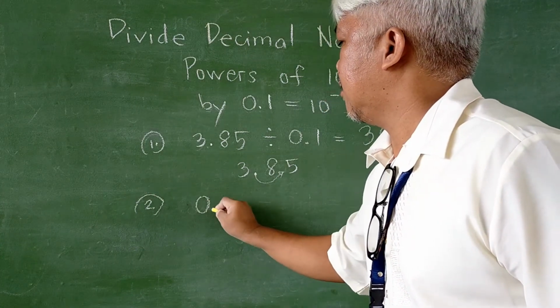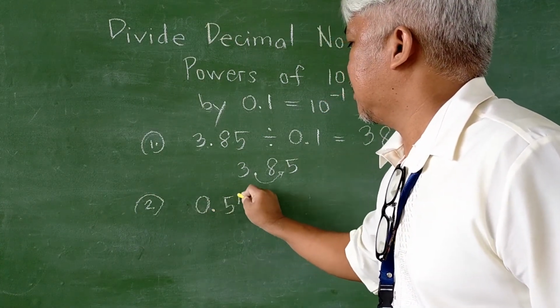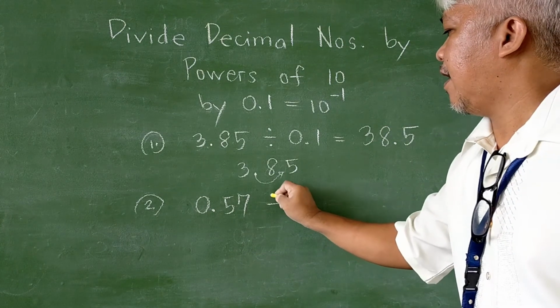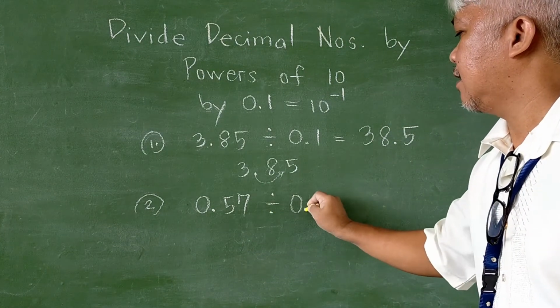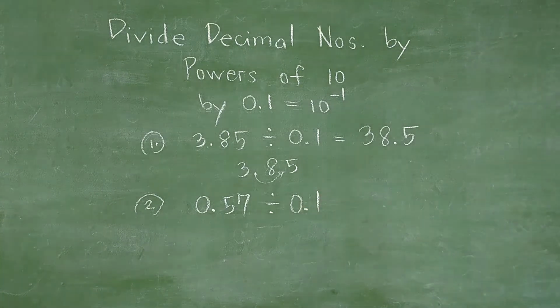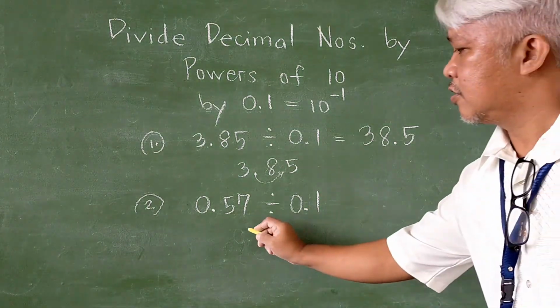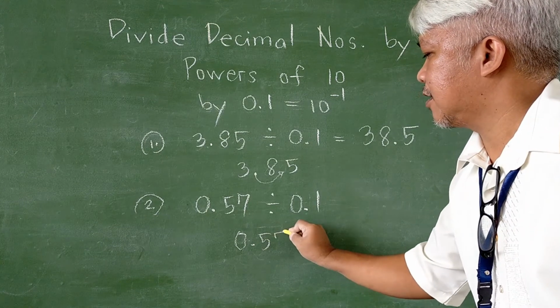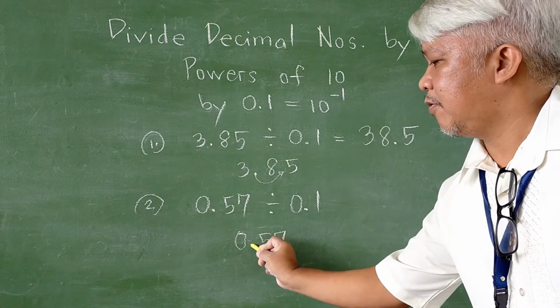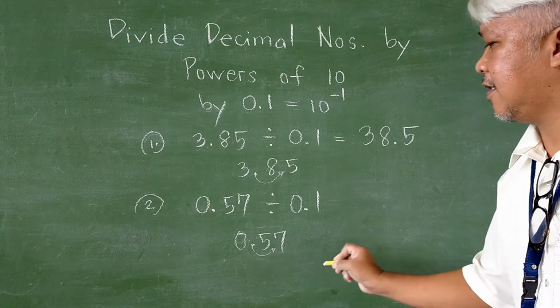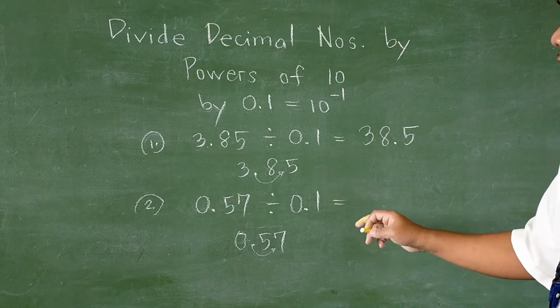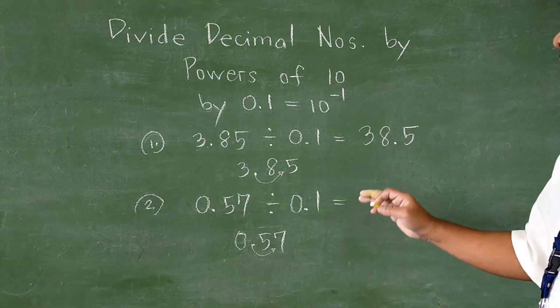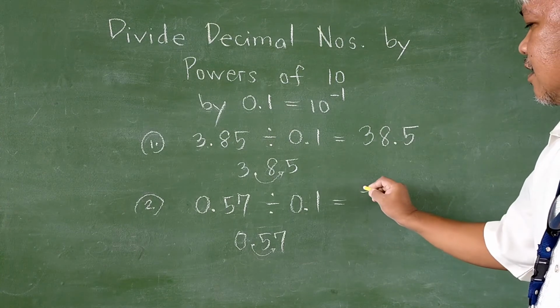Tingnan natin. Another sample. Suppose it is 0.57 divided by 1/10. What is the quotient? So, from 0.57, imumove lang itong point 1 place to the right. It is now equivalent to 0.57. And that is